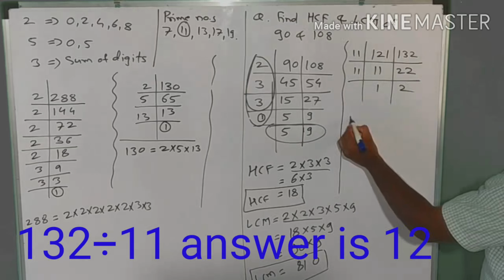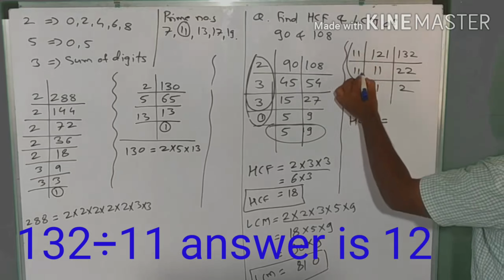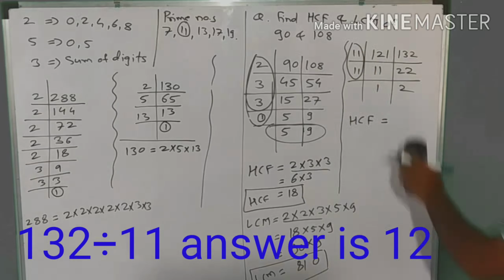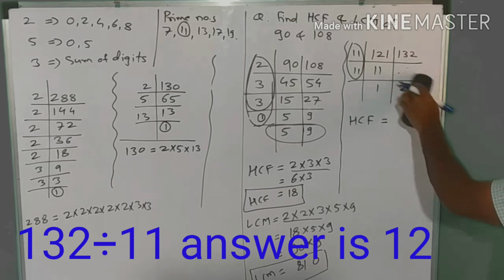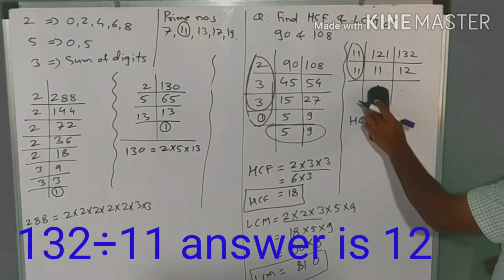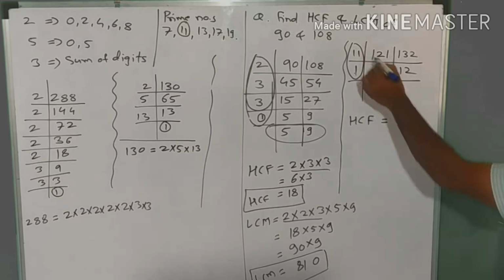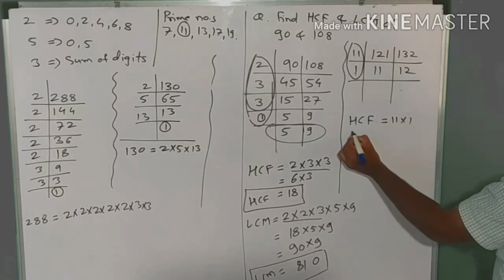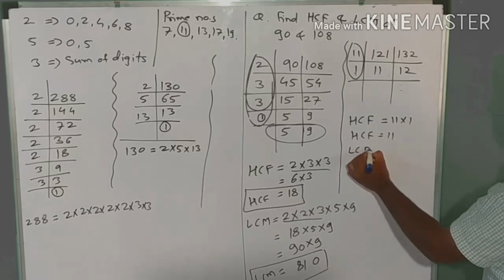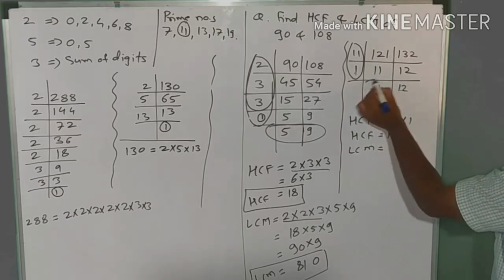Now to find out HCF, HCF is equal to the multiplication of this column. Sorry, 12. So 11 and 12 are co-prime numbers. HCF is equal to 11 multiplied by 1. HCF is equal to 11, and LCM is equal to the multiplication of the first row and second column, which is equal